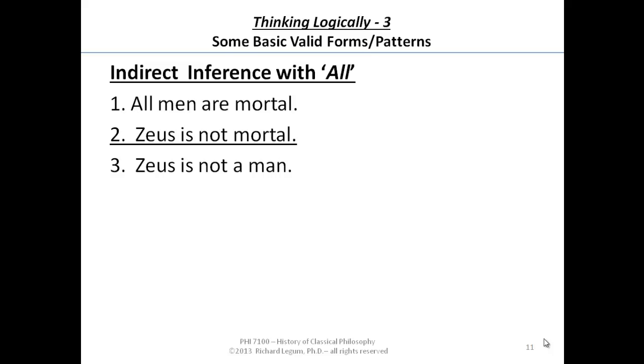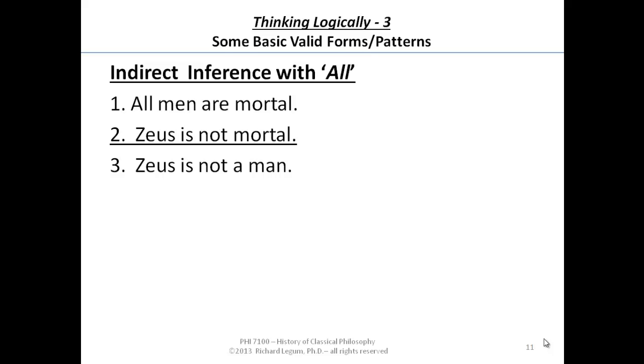That is, when you look at the all, the last inference went from left to right. Take a look at the pattern. The same thing with the if-then. The indirect ones are the ones where it's legitimate on the all statement, if you can see what I mean, to go from right to left. That is, you can go from not mortal to not a man.